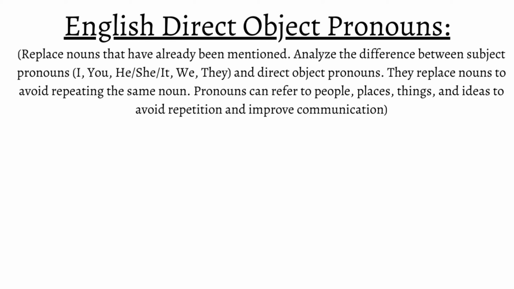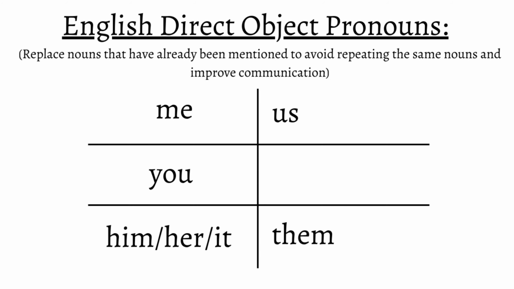Pronouns can refer to people, places, things, and ideas, and they do so to avoid repetition and improve communication. In English, direct object pronouns look like this: me, you, him, her, it, us, and them. In comparison to subject pronouns, you and it are the only pronouns that have not changed grammatically, while the rest have different forms. What's special about direct object pronouns is that they also receive the action of a verb, just